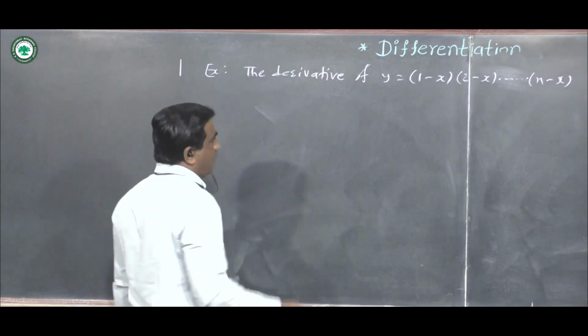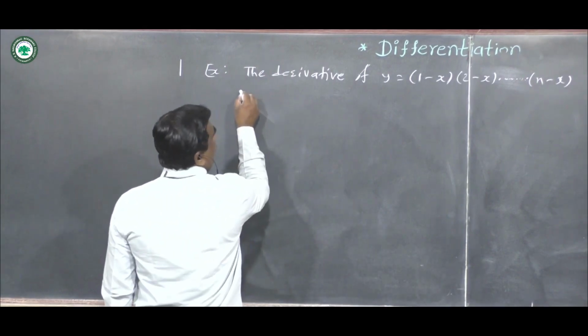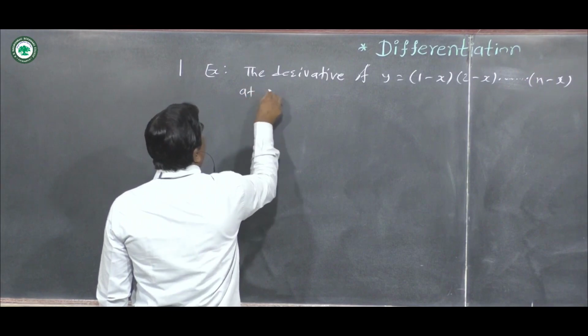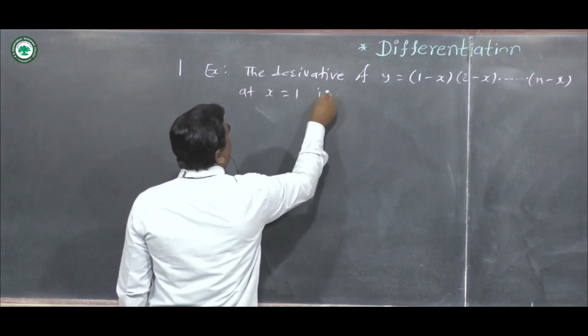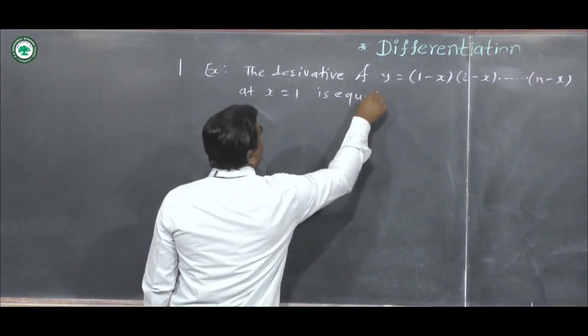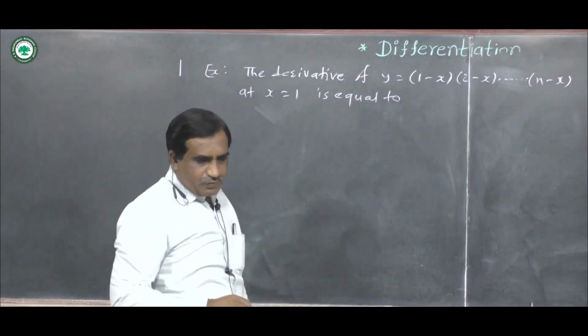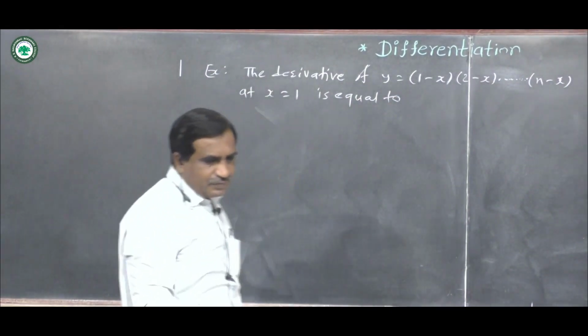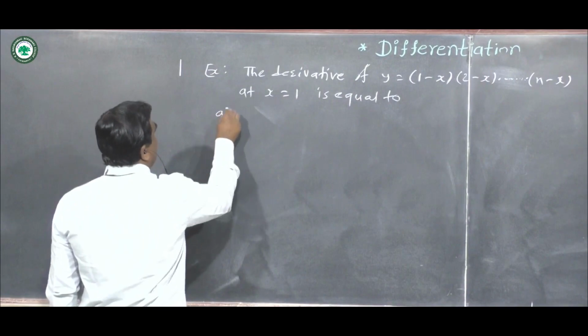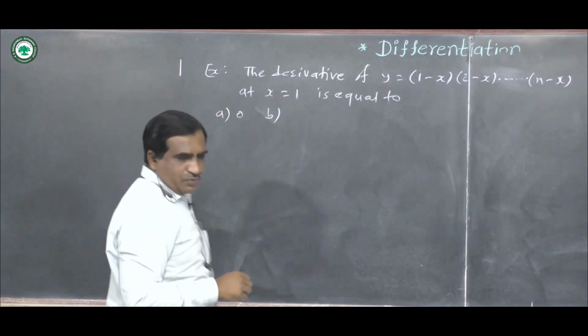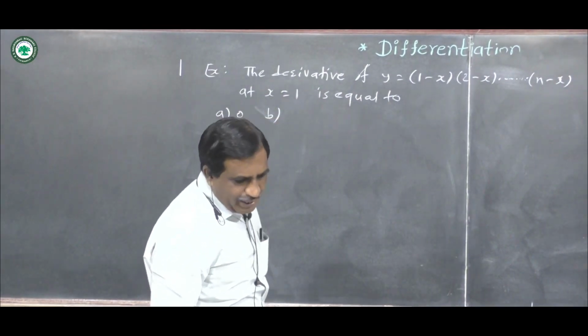At x equal to 1, the derivative of function y at x is equal to 1 is equal to, we have to give options here. Option first A 0, option B minus 1